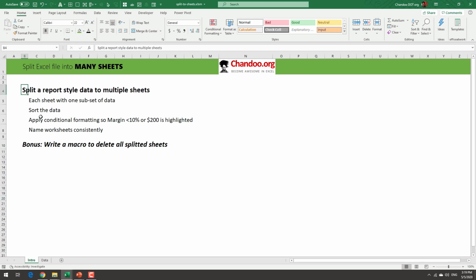mainly because it's not enough that we split the multiple sheets. We would also like to automatically sort the data and apply some conditional formatting where the items have a margin of less than 10% or $200 should be highlighted, and the worksheet names should be consistently given. So for this purpose, I find that using VBA is a handy